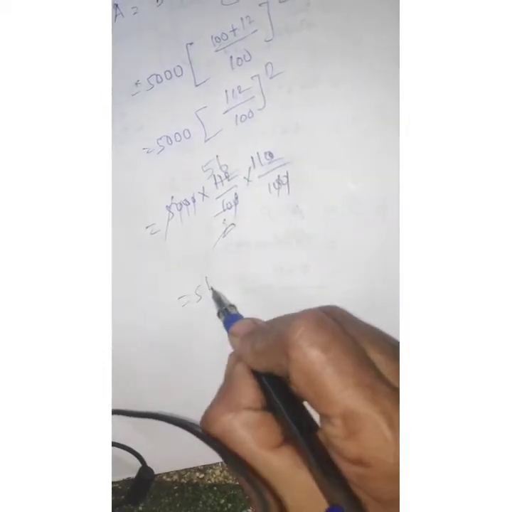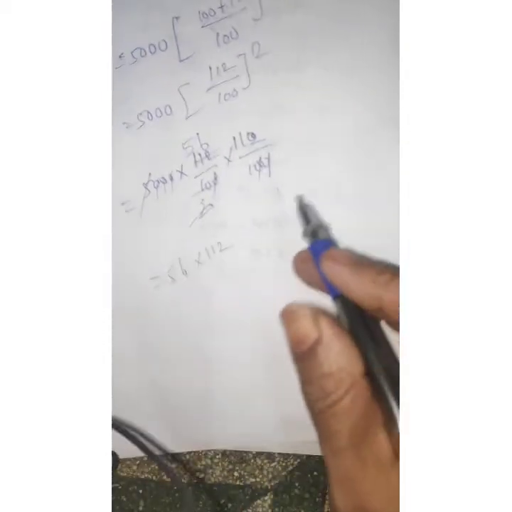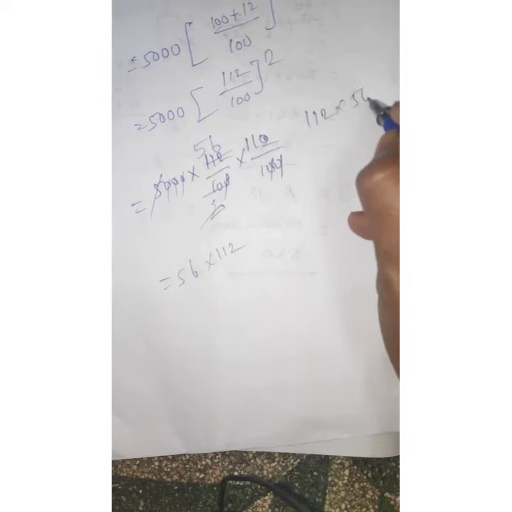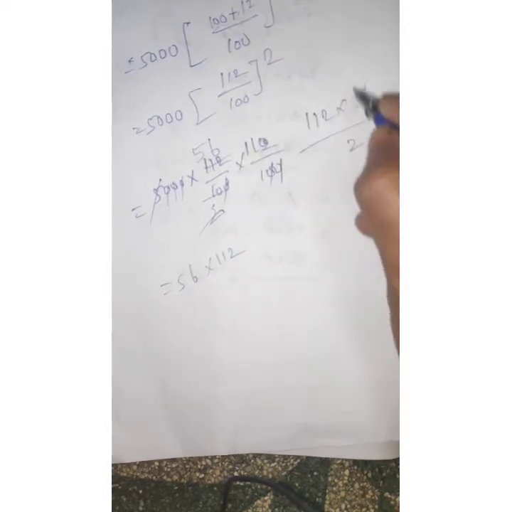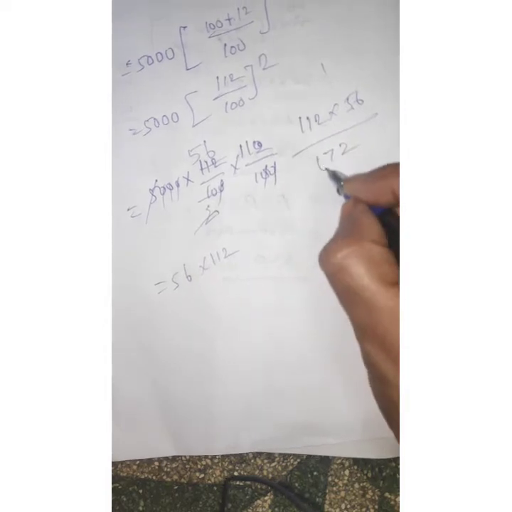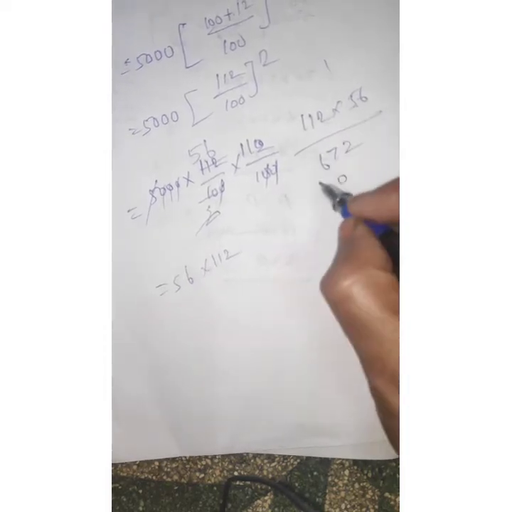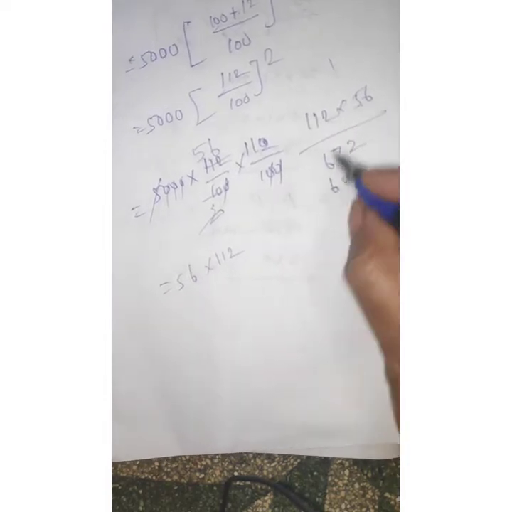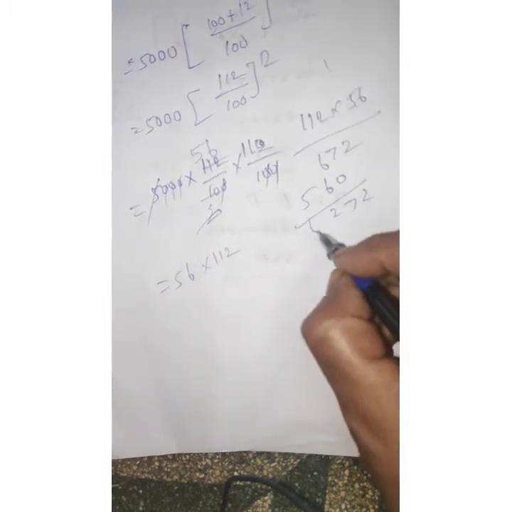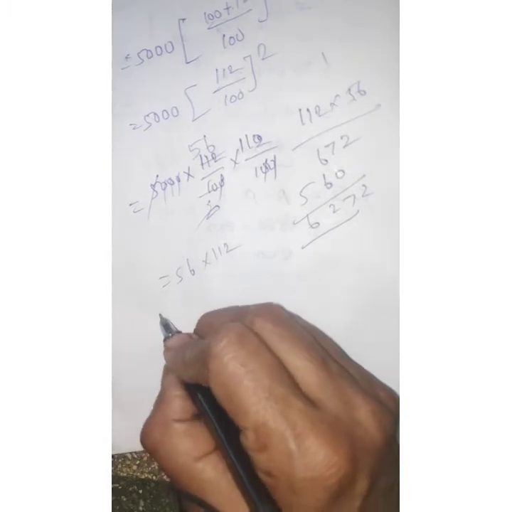So 56 into 112, multiply and get the answer. 112 multiplied by 56: 6 2s are 12, remaining 1, 6 plus 1 is 7, 5 2s are 10, remaining 1, 1 5 is 5, 6, 1 5 is 5. 2, 7, 2, 6. So A value equal to